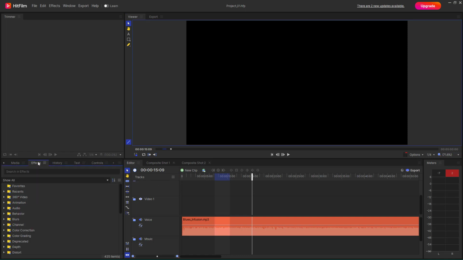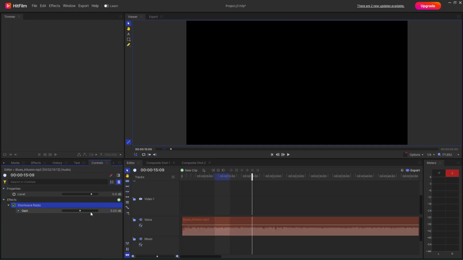To do that, I'm going to go under effects right here, and then I'm going to expand out the audio folder. And over here, you can see that shortwave radio is in effect. So if I were to click and drag this out, then the effect is applied. And if I were to press the play button,